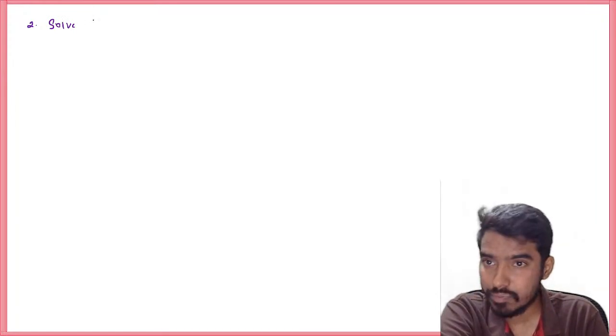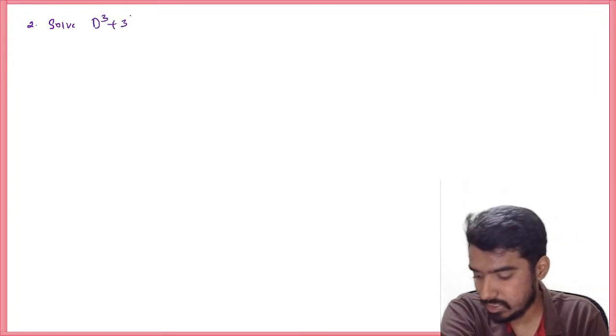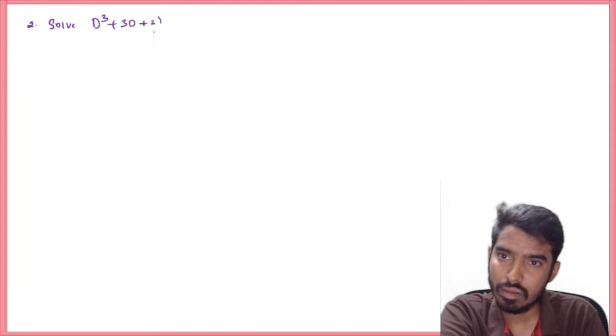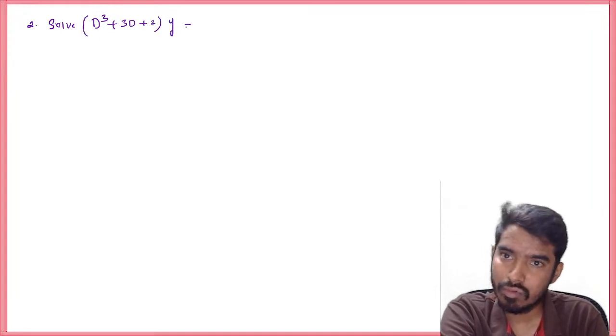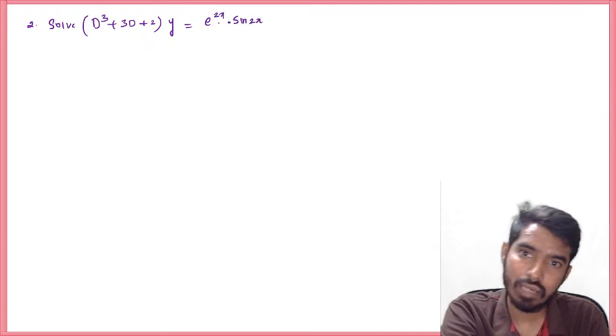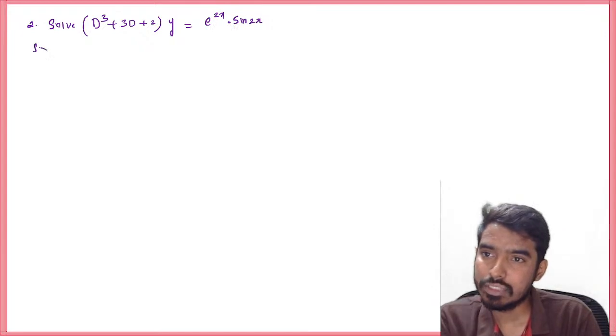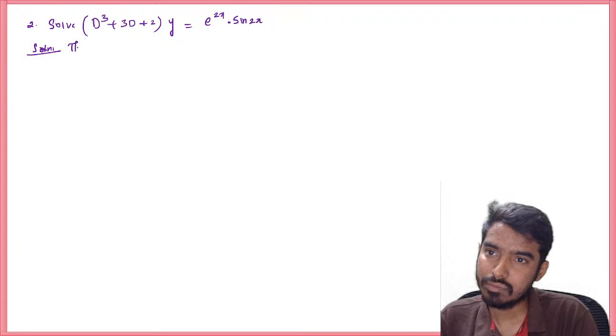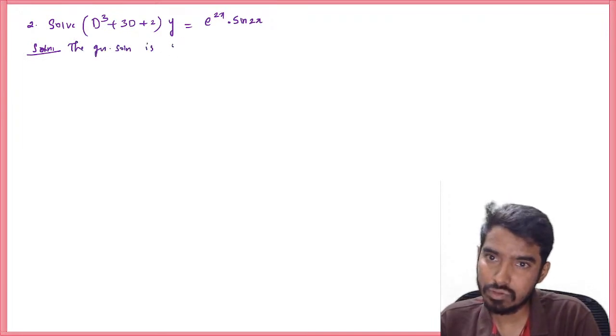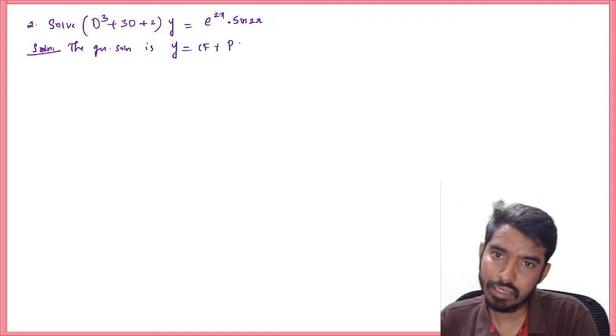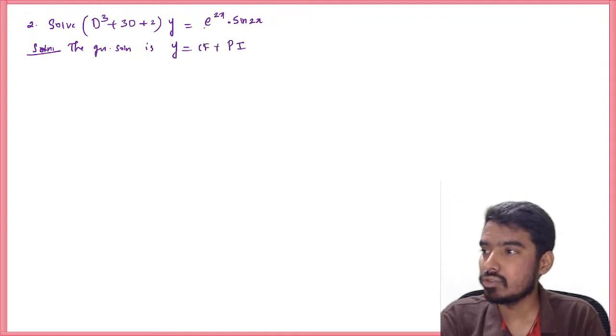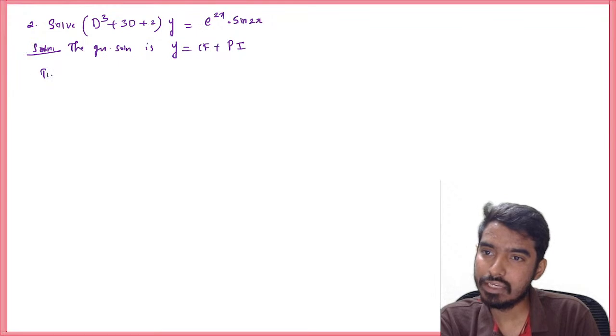So solve D square plus 3D plus 2 of y is equal to e power 2x sine 2x. This comes under type 4, right? We have multiplication here. So the general solution is y is equal to CF plus PI. So to find CF,